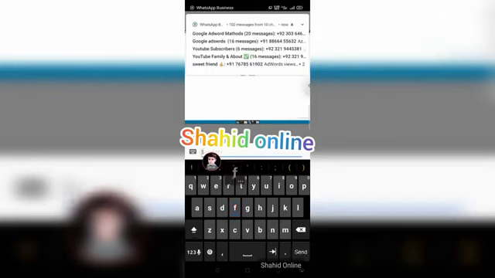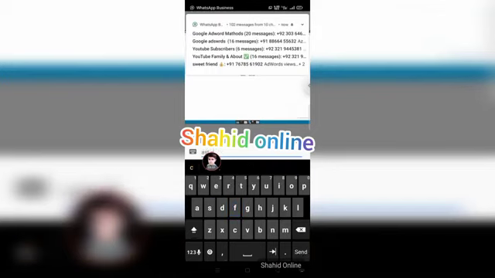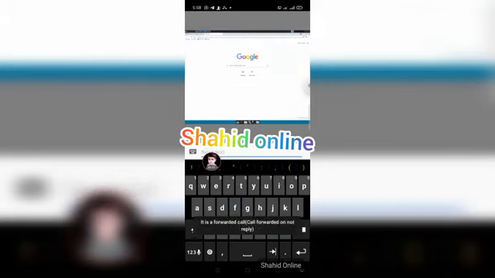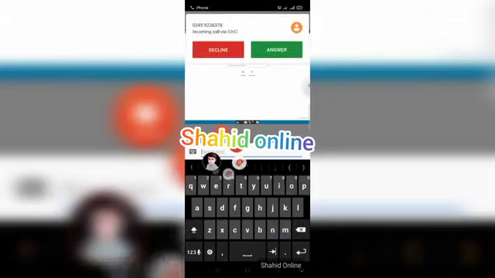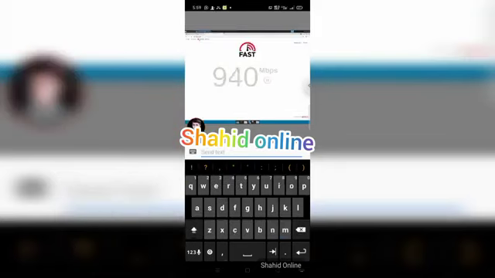Our browser has installed in this RDP, so I check internet speed. I search how to use keyboard in this RDP. Wait and watch. I search fast.com to check internet speed. Wow, very nice speed, amazing. So how to use keyboard in this RDP?